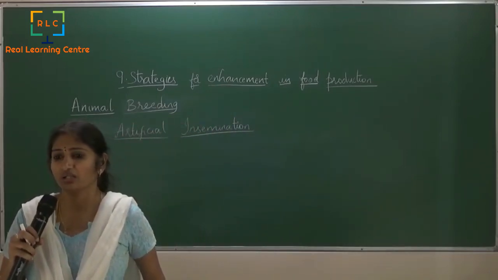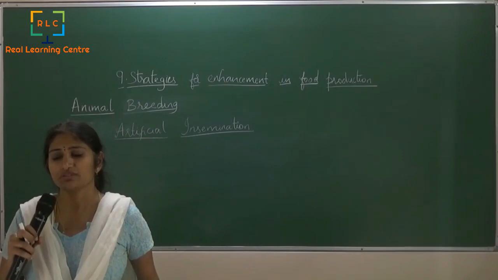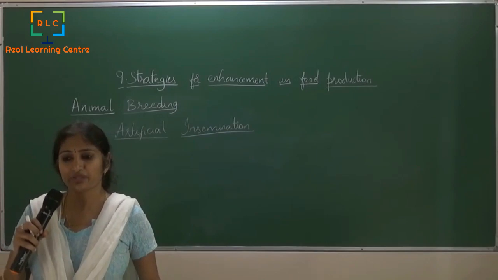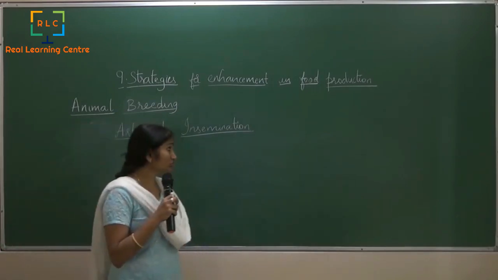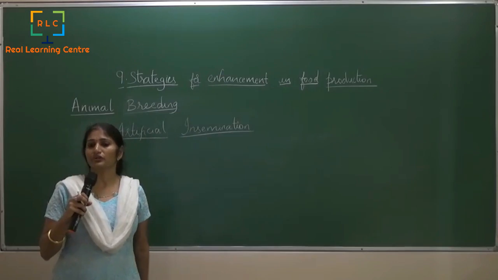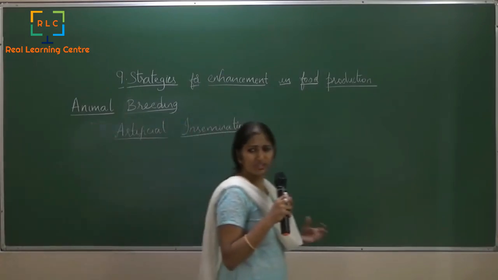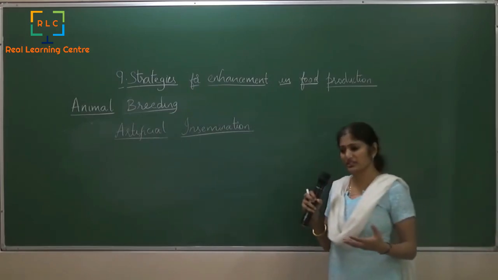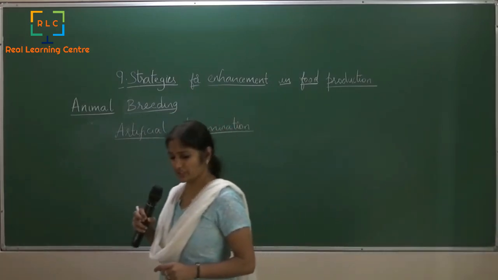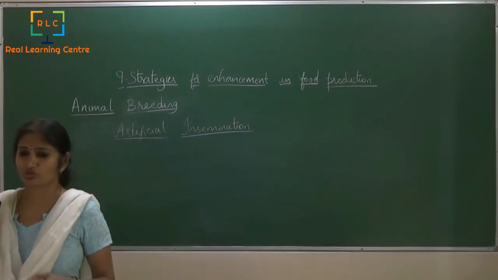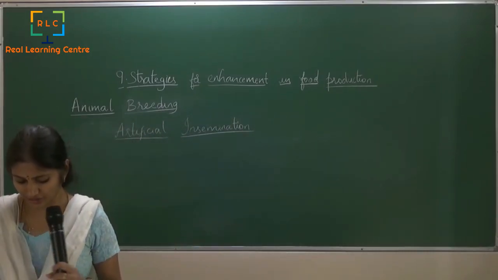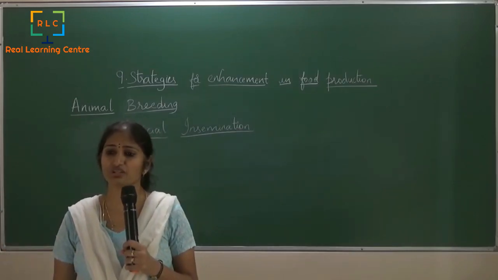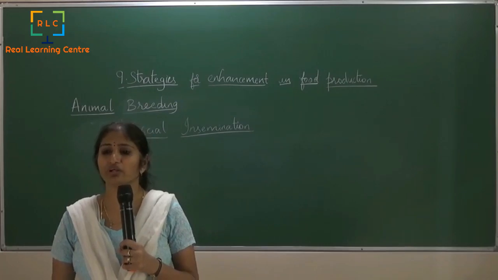So this is very much controlled breeding, and the best part is that this also helps the breeder to overcome various problems of normal matings. In the case of normal matings, there are various problems that would be encountered. All these are controlled by using this process of artificial insemination.